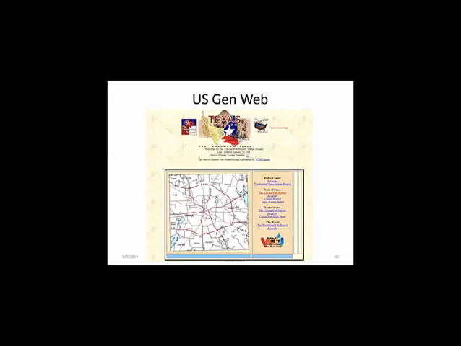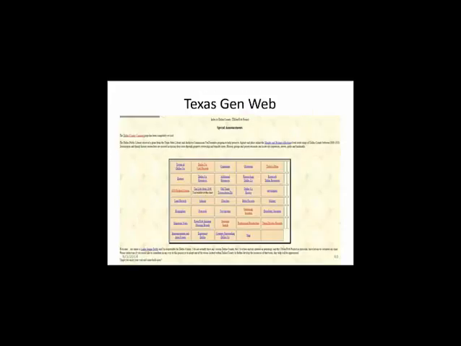And I would encourage you to go out and look at some of their processes there. This is Dallas GenWeb, Dallas County. So if you had some information about churches, one church might not be appropriate to go on the DGS website, but it certainly might be appropriate to be within a Texas GenWeb site.